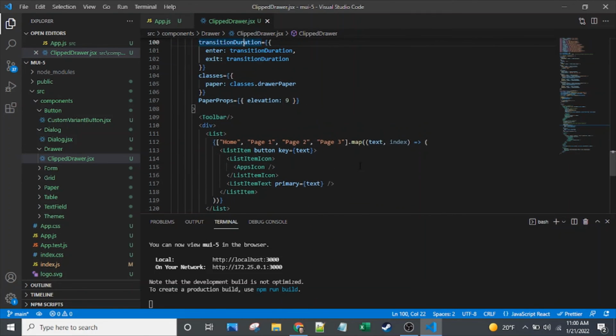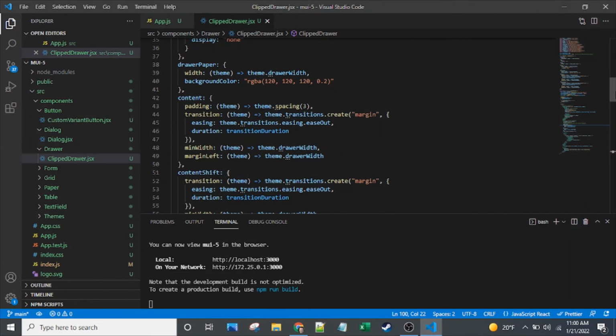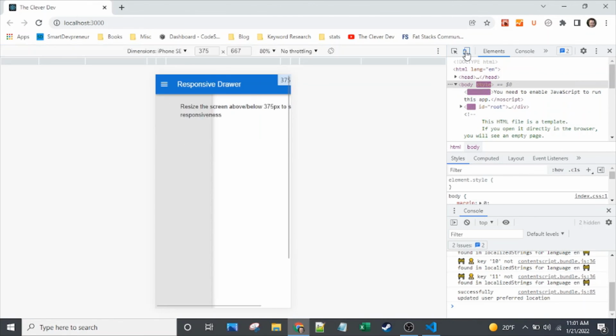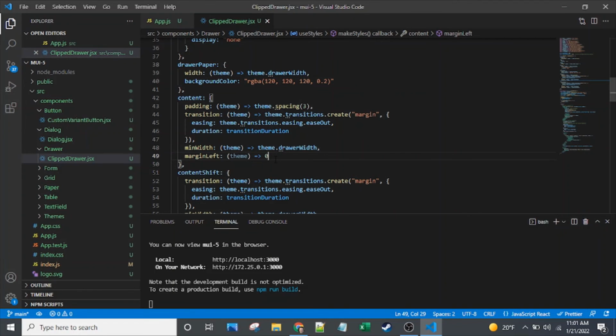So let me go up and see what we might be missing. And it might take a little bit of debugging to figure it out. Let's see, we've got our content. Probably what's going on is that we've got a bad margin left when we don't want it on our content. So let me think about that. Oh yeah, that's exactly what it is. I actually want that to be 0. There we go. That's much better. So we wanted that margin left to be 0 on our content,